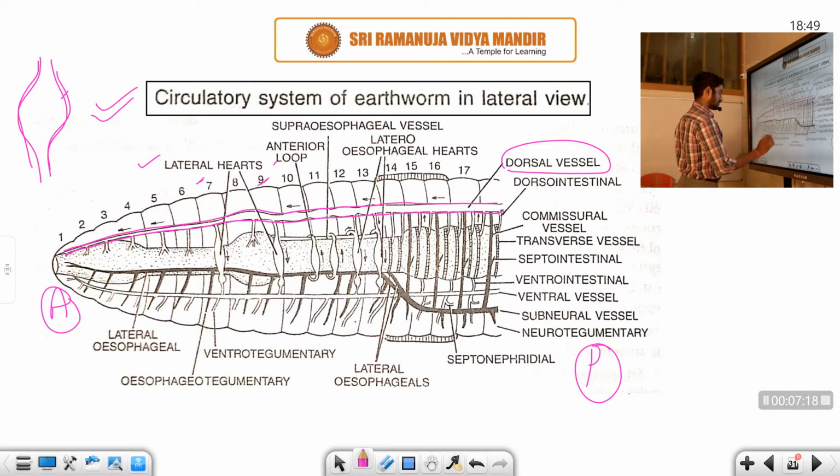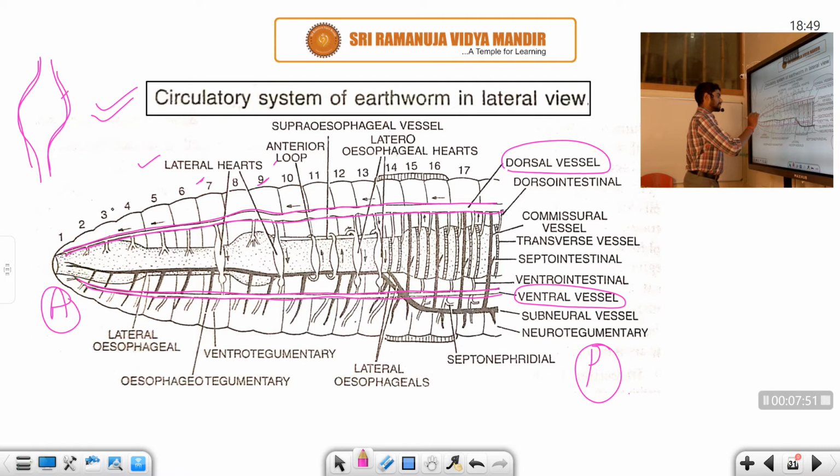You can see student, this is about the lateral blood vessel. This is a ventral blood vessel. Yes, so this is the ventral blood vessel. You can see this part. This is also a white color part, no? Right, student? You are observing, no? Correct. So now you can carefully observe.